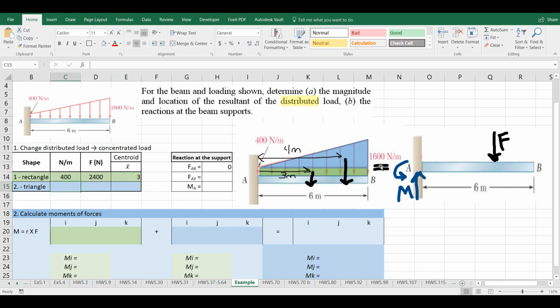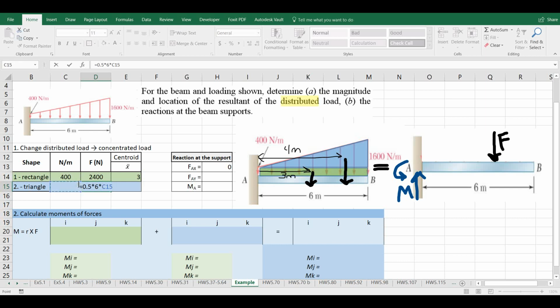So the triangle, we're not going to use the entire 1600 newton per meter because we're not going all the way to the bottom. We just want the height of this chunk. So this is going to be equal to 1600 minus 400. So just the blue part, not the green part. And what's the area of a triangle? Well, that's just 1/2 base times height,